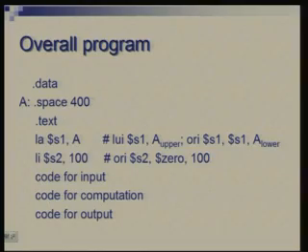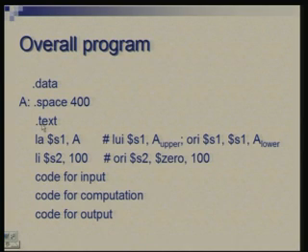Okay, now, that was the core of the program which I talked of. How does the overall program look like? We have some assembler directives which define the data area and the code area. So, .data is to be used when you want to define some data area. So, we are saying that A is a label here, there is another assembler directive .space and there is a space which you are trying to leave of 400 bytes. What we are saying is that in the data area leave space for 400 bytes. I am assuming here that n equals 100, we have an array of size 100.